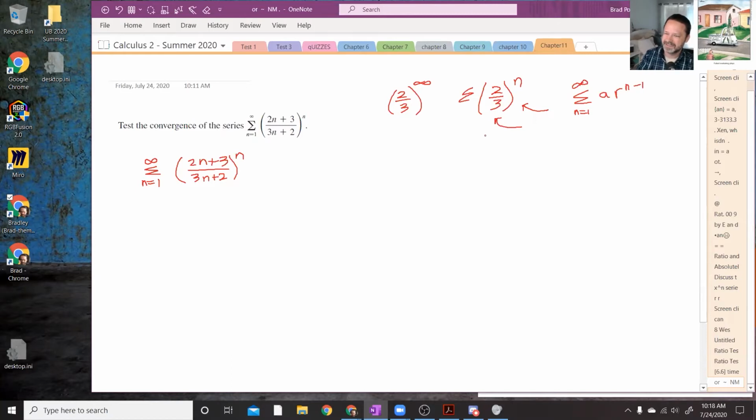I don't know. Well, the top is getting larger at a faster rate than the bottom. So this one is bigger than this. So no, I think looking at that, that's not going to be